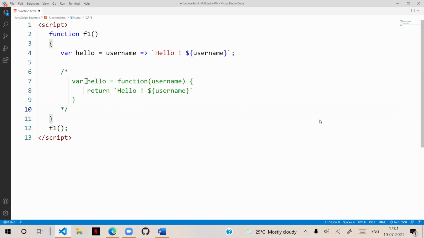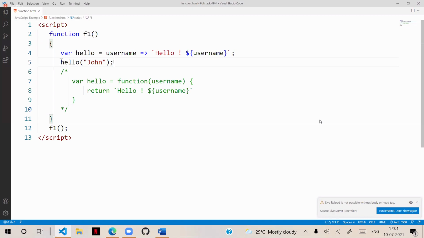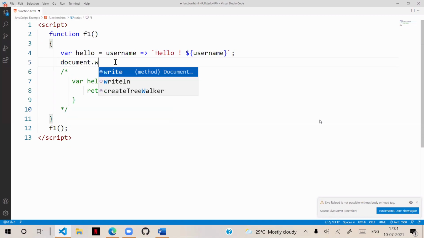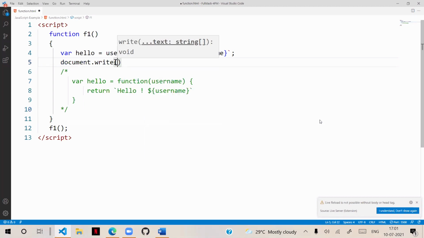Now this we have simplified in one line. Generally, whenever you access hello and pass some name into it, it is going to return that value. This is returning a string, so we need to print it with document.write.